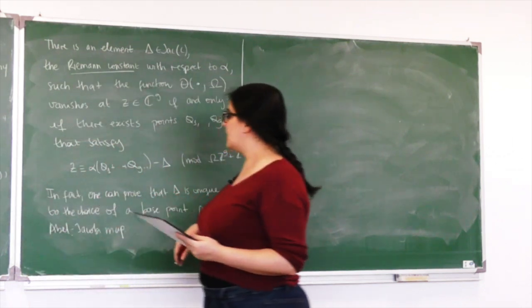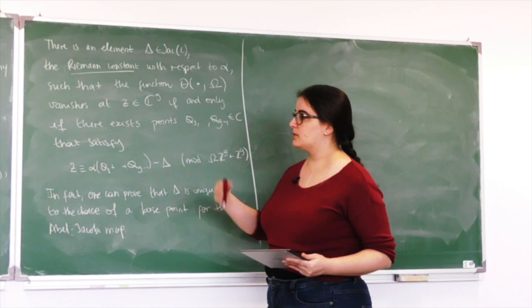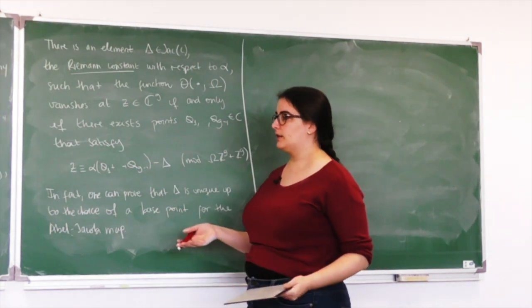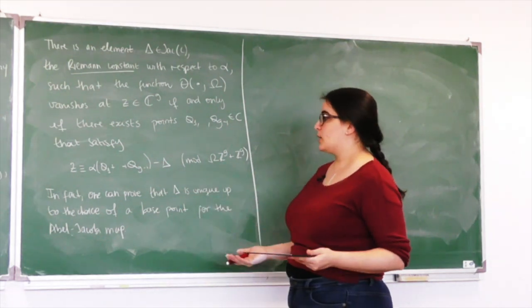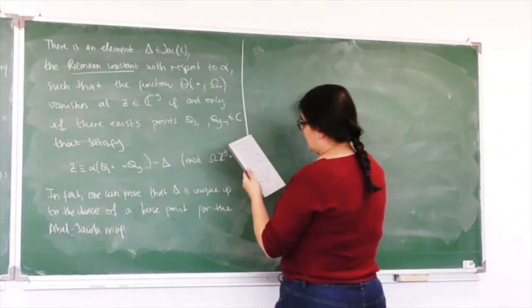I will write it as the freedom is in the choice of the base point, because that's the freedom that we have when we define the Abel-Jacobi map. But in practice, it means that it only depends on the Abel-Jacobi map that we chose. And indeed,